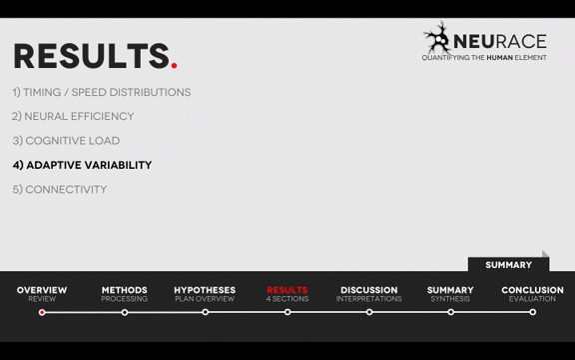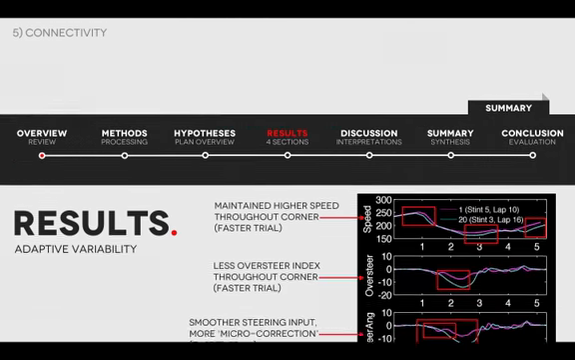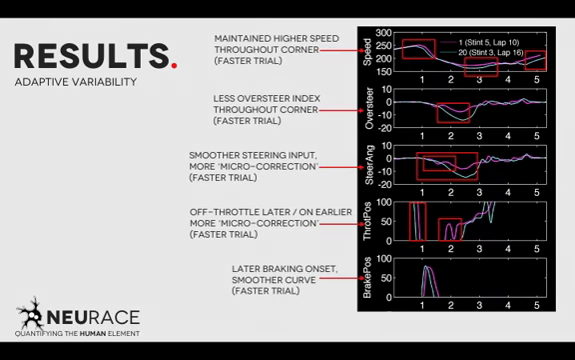So can we actually provide an objective measure of this adaptive variability that can maybe be used in driver evaluation programs? So here's an analysis of several car behaviors and driver inputs through turn 16 of the Shanghai Grand Prix track. The purple trace describes the behaviors during the fastest lap of the dataset, and the cyan trace is the slowest